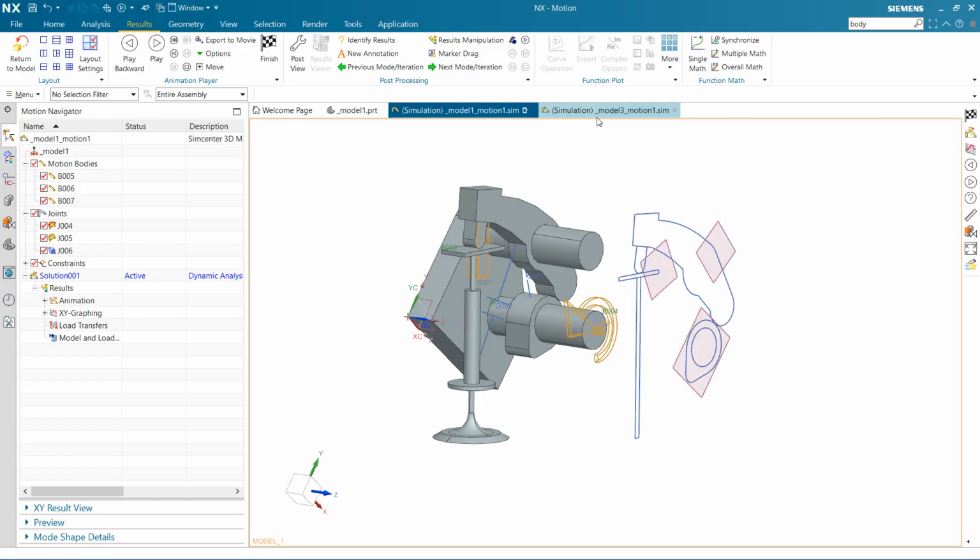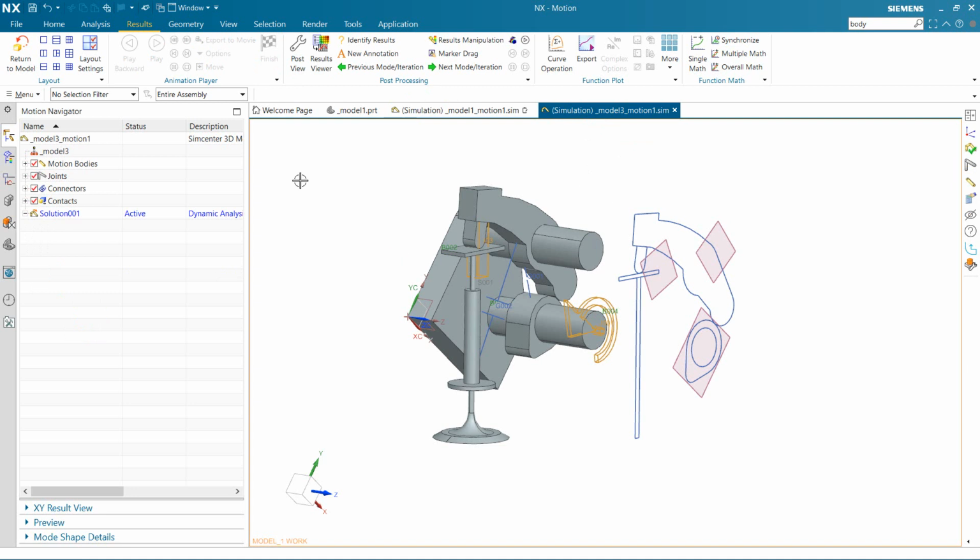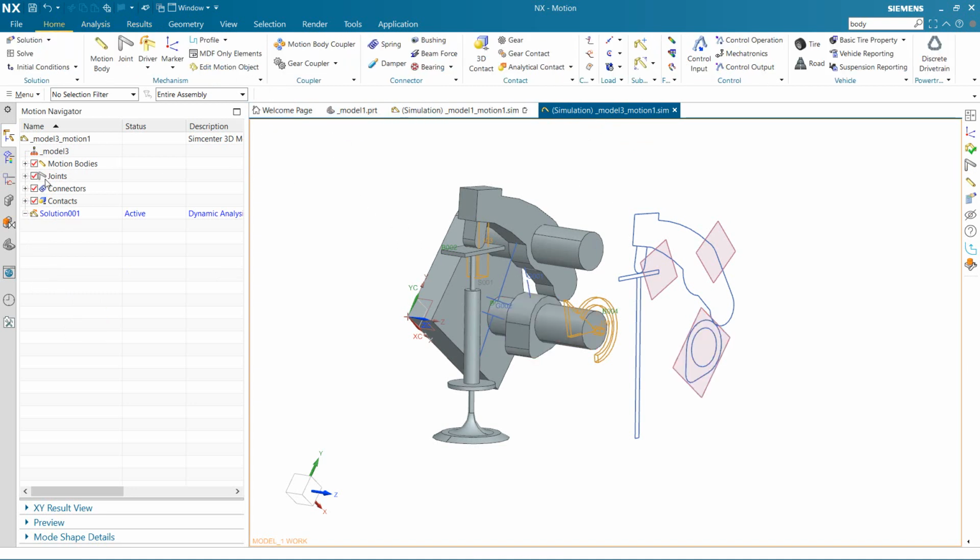And here is another way. This way creates a 3D contact between the joint and the bodies together. It's lagging right now. It's finished. So let's try to run it. Oh, I have to solve it first.